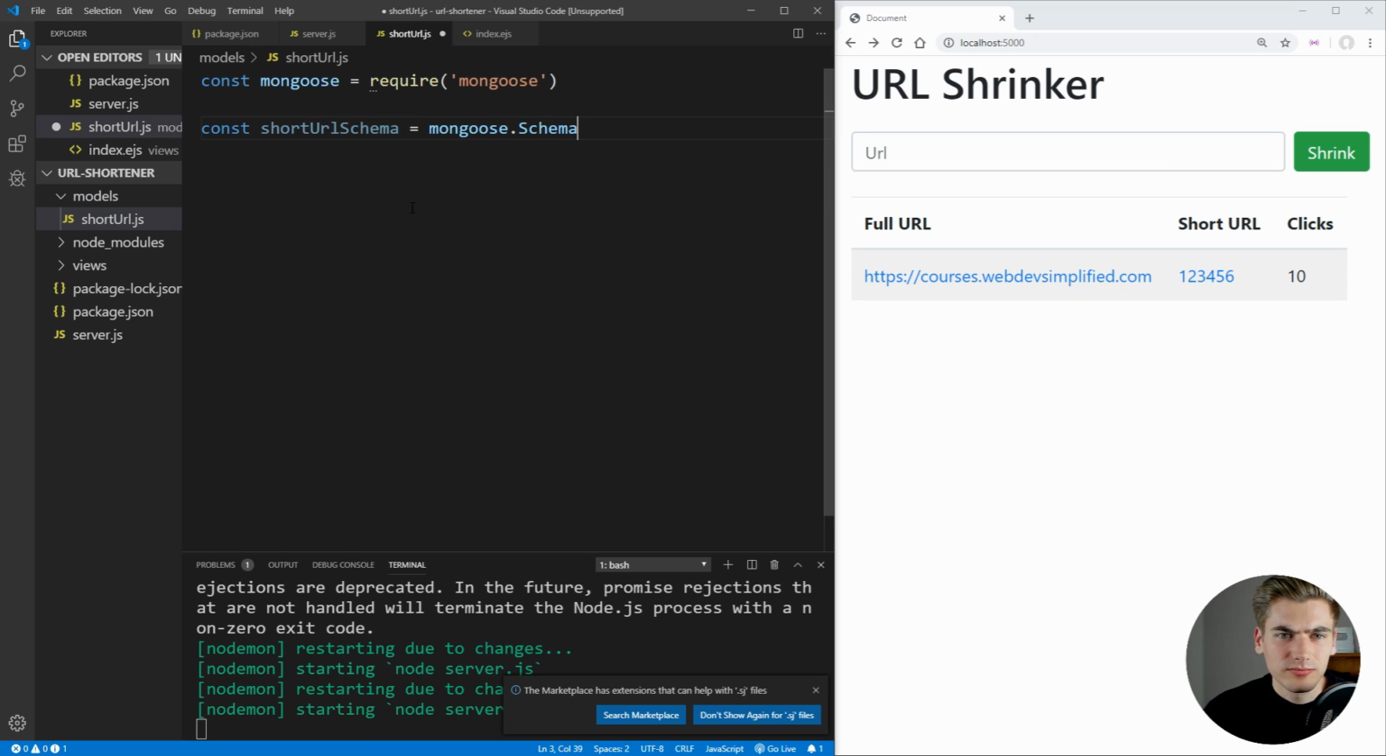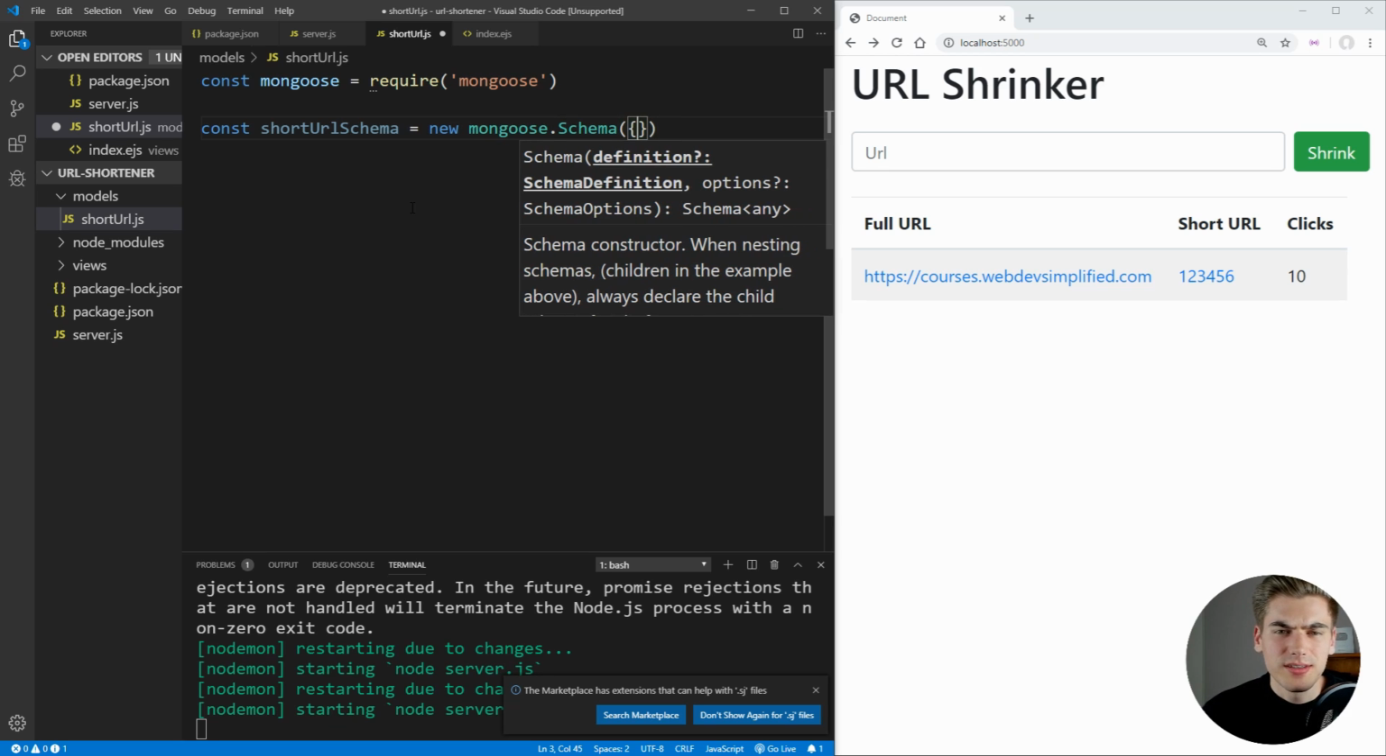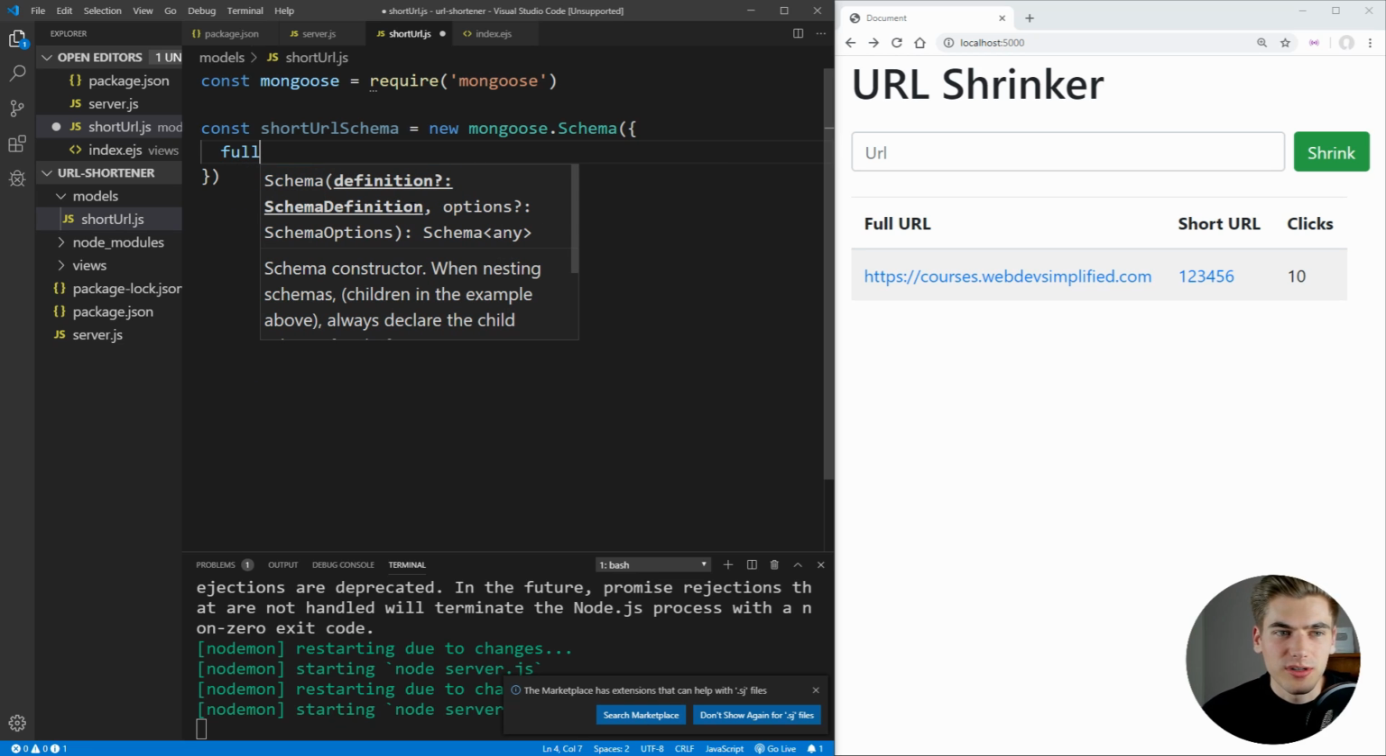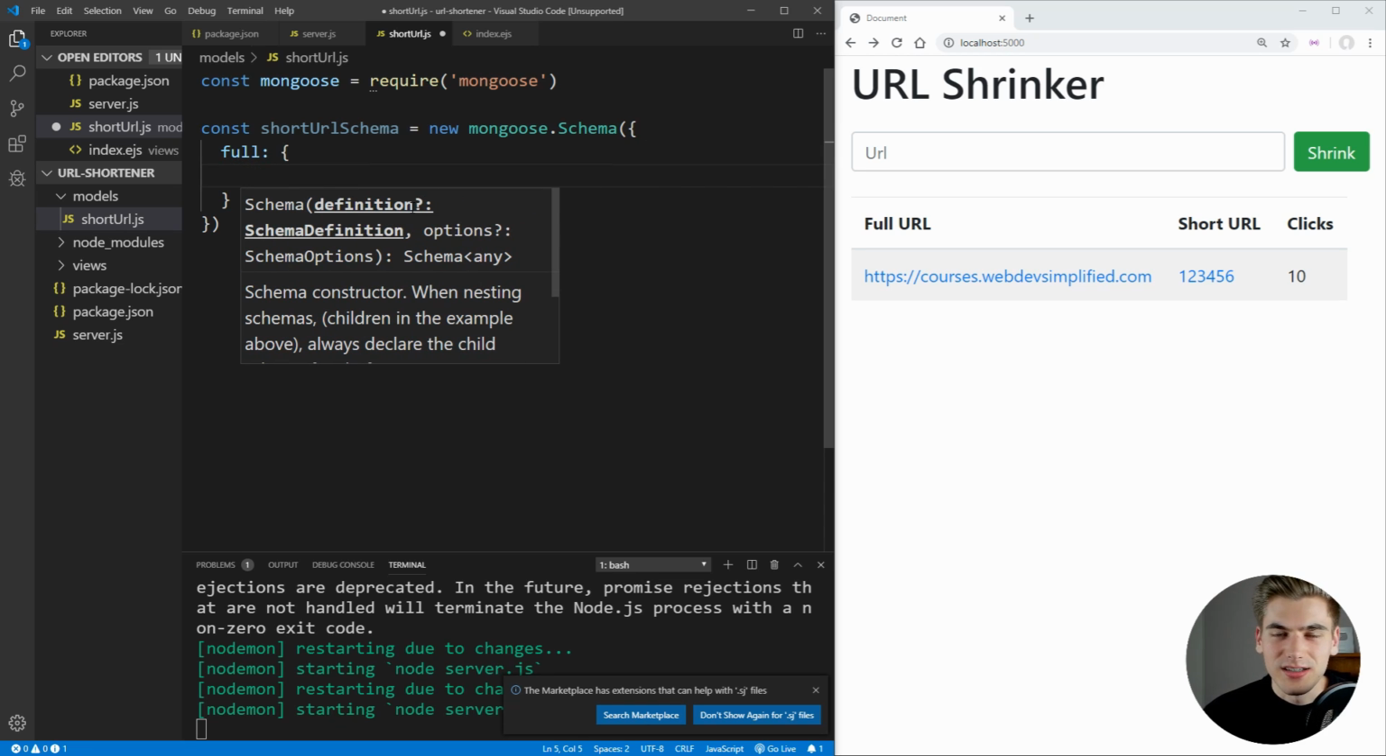mongoose.schema. We want to create a new one of these. So we'll say new mongoose schema. And this actually takes just an object, which is going to be all of our different columns for our database. And inside of here, we're going to have a full URL, a short URL, and then the number of times we've clicked. So our first property is going to be full, and then we're going to set some options for